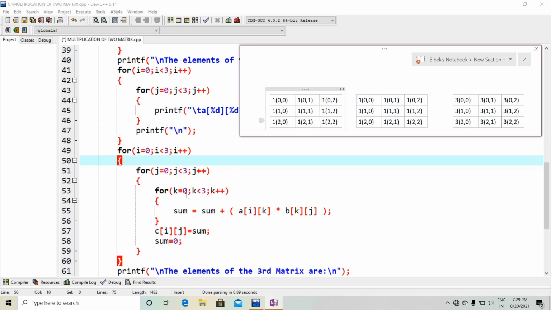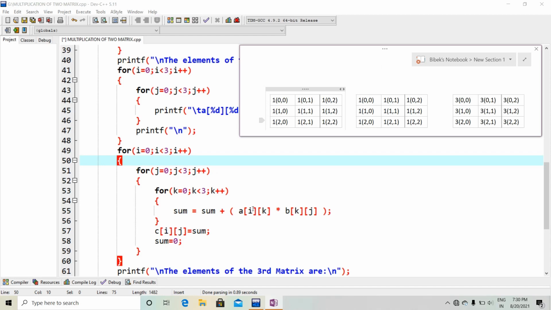Okay, then k value will be 1. So now i is 0, j is 0, but k is 1. Then sum equal to 1 plus, previously sum is 1, so 1 plus a of i, that means 0, but k is 1.